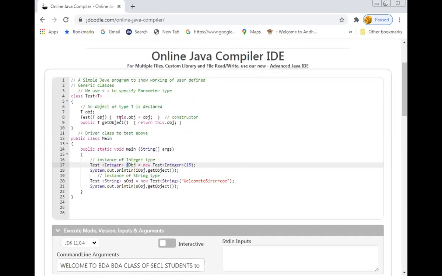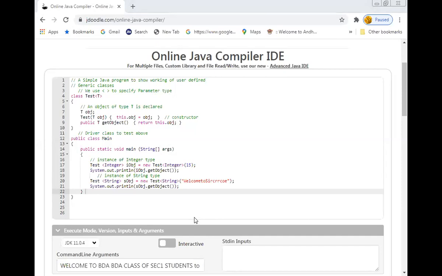So in this case, the same class and same methods, without any modifications, just simply by changing the type, by changing the data type, the same class can be used and the same methods can be used for representing integer values as well as string values, right? That is called a generic class. That is called a generic class. Now, we'll see one more implementation.